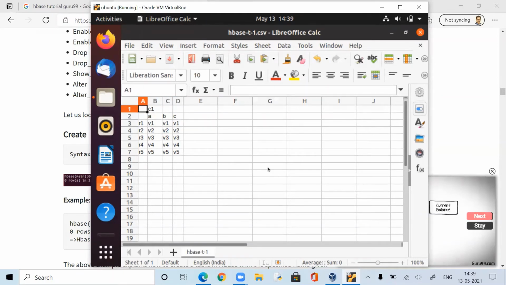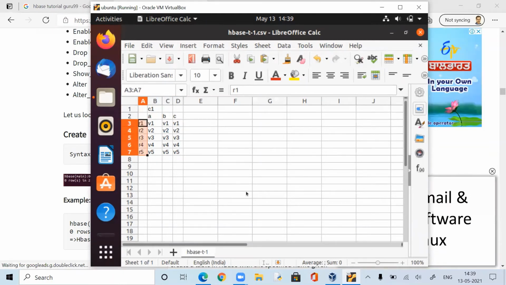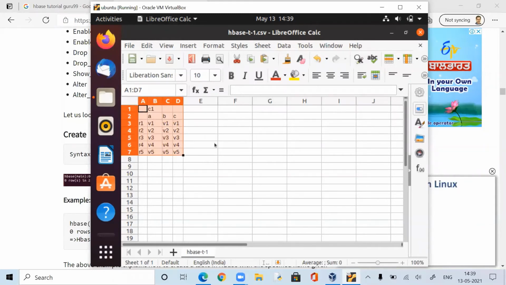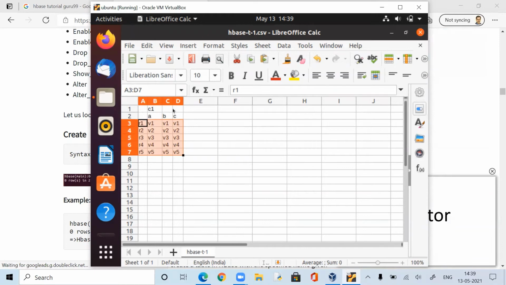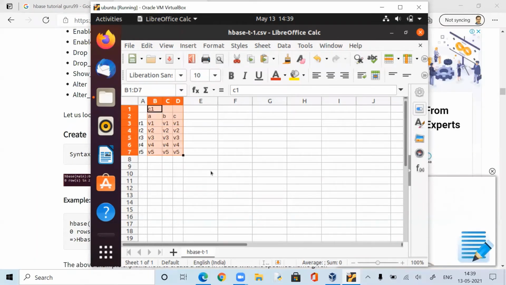This is actually the main purpose of HBase. You can't do this type of activity in Hive or SQL. SQL will never support this type of schema. It is only here. Hive and any other conventional RDBMS or ODBMS software will go only up to here. So we need multi-columnar tables. It is not row-wise tables, it is columnar tables. Columnar data storage is supported by HBase, and that is the reason we call it NoSQL.